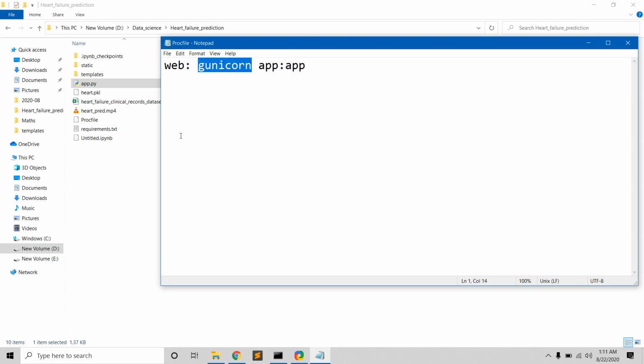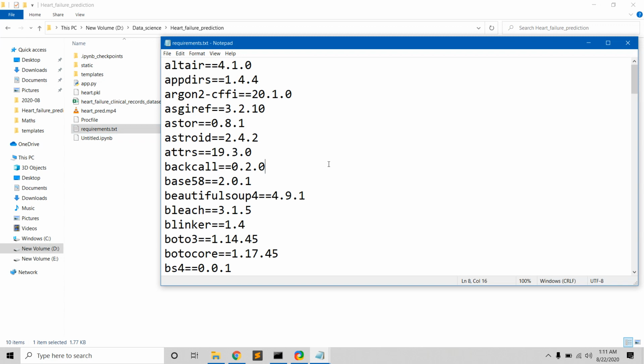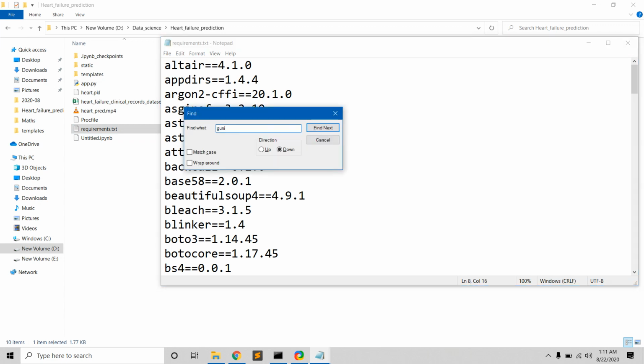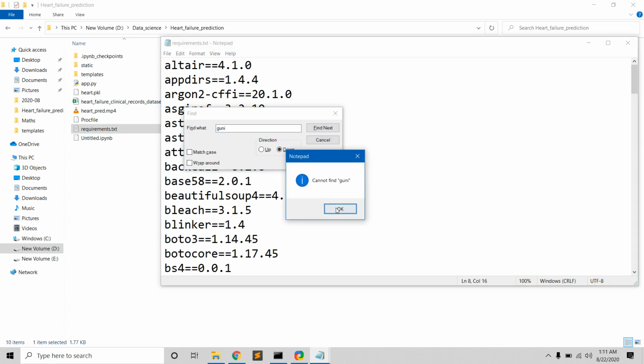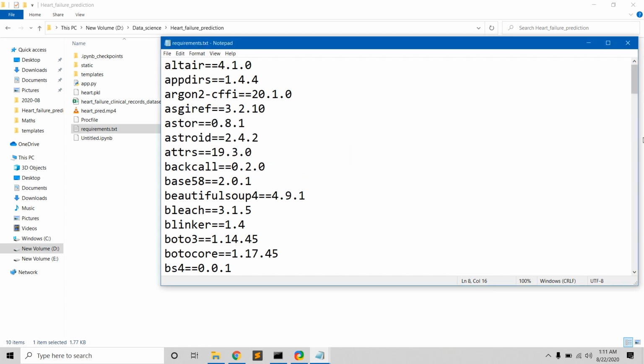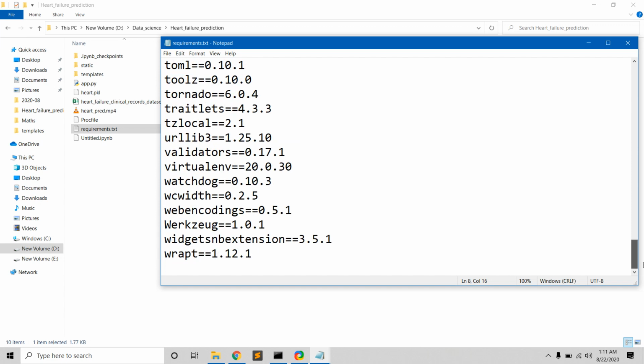And remember one thing: in requirements.txt we should include gunicorn, like in this one. We should add gunicorn over here.